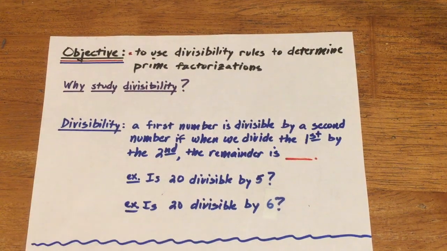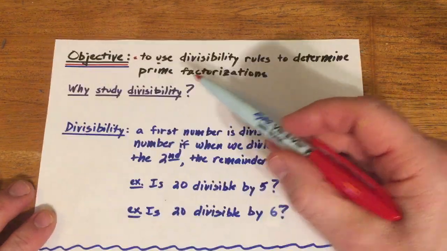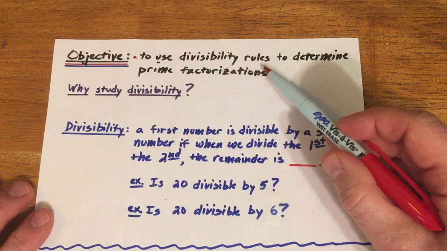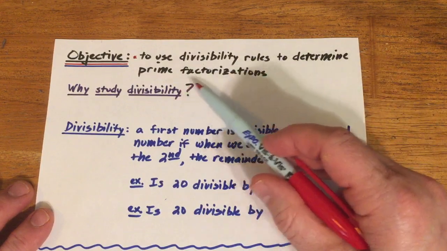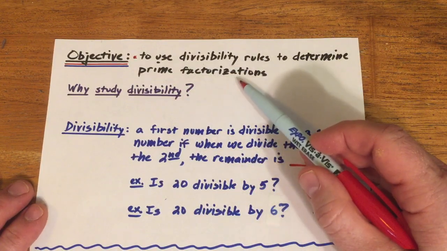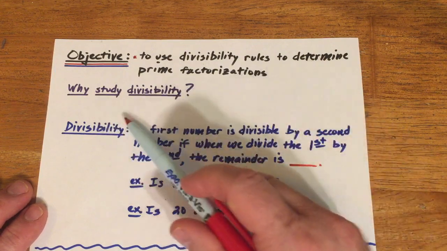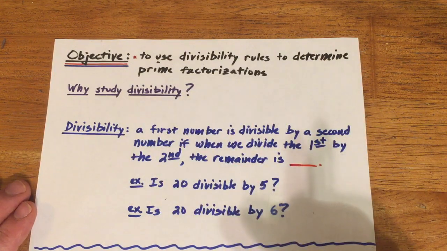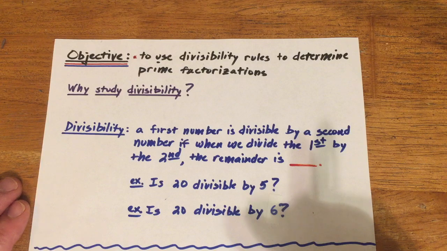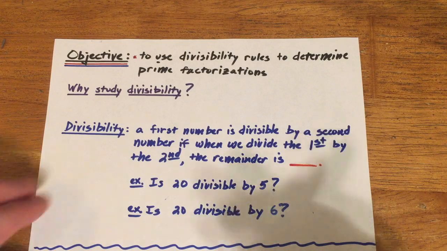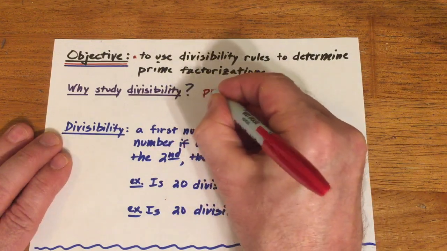Okay, ladies and gentlemen, divisibility rules. Our objective is to use divisibility rules to determine prime factorizations. One question you may have is, why study divisibility? Well, it turns out that divisibility is going to help in problem solving, and it's going to be very important when we learn factoring. So problem solving,